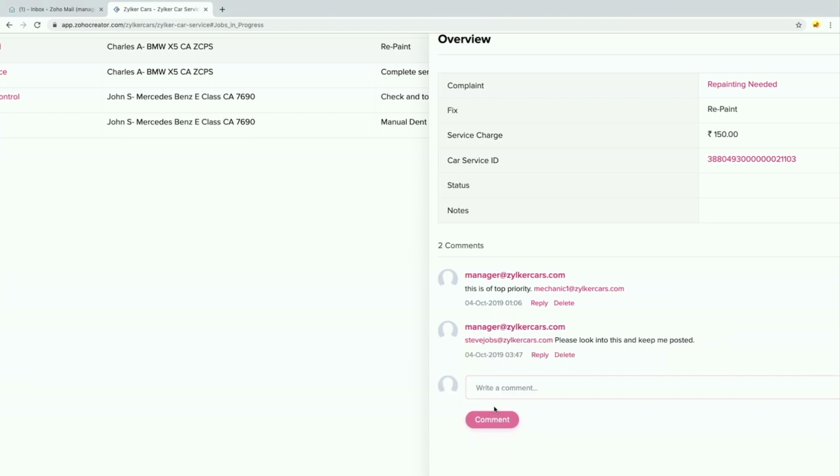I can add this comment. Right now, when a user is tagged, there is no notification sent to the person who is being tagged.